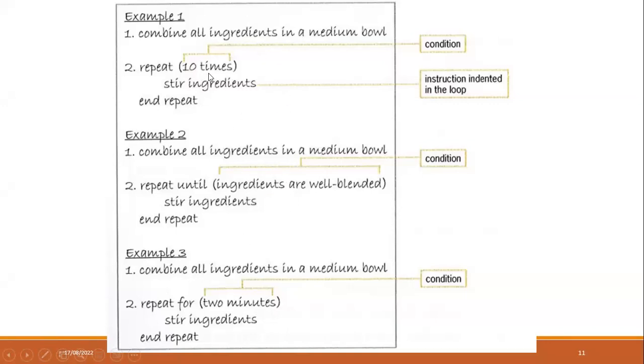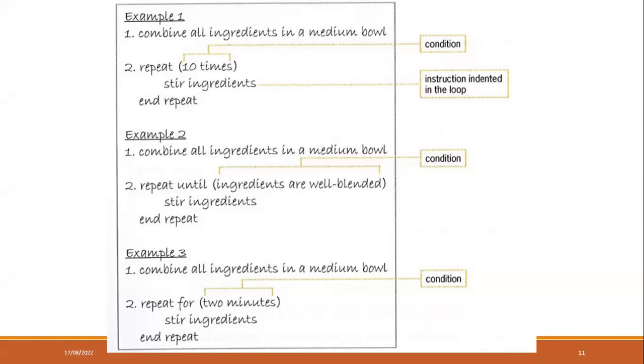First time you have to repeat the same 10 times. Then if after that the ingredients still didn't set correctly, then you have to do it more time, 2 minutes or something, right? So when it comes to these kinds of tasks, you have to use a repetition structure, right?